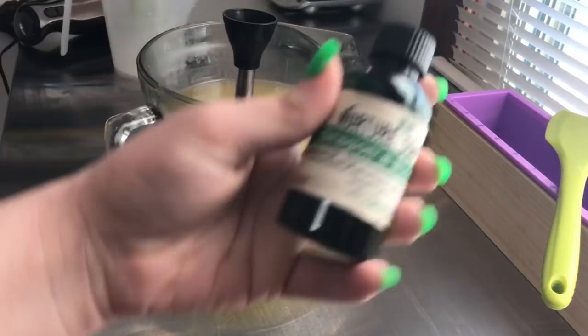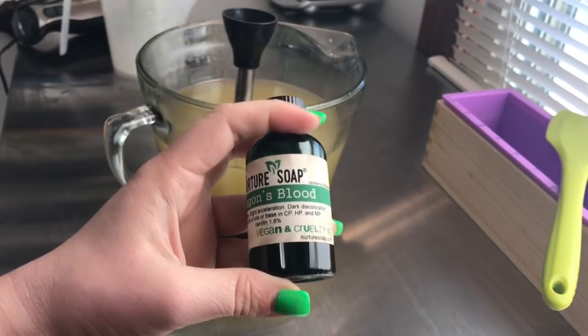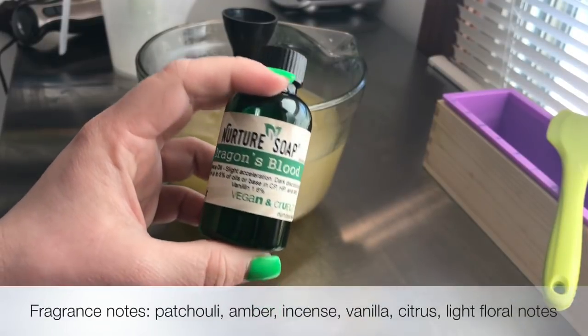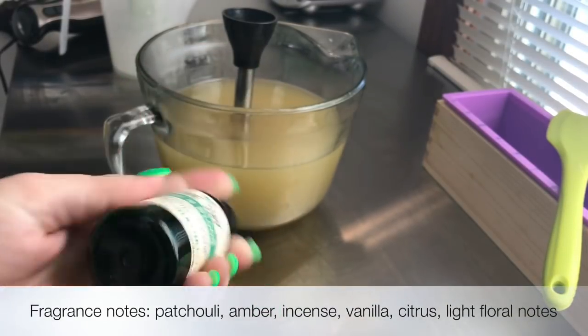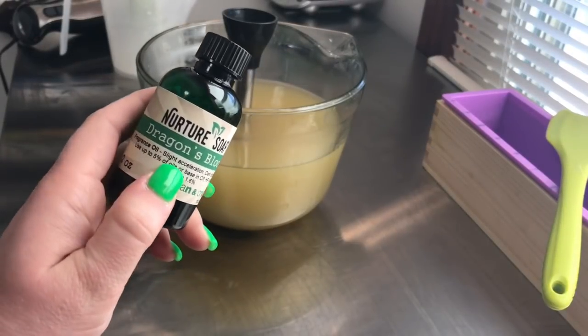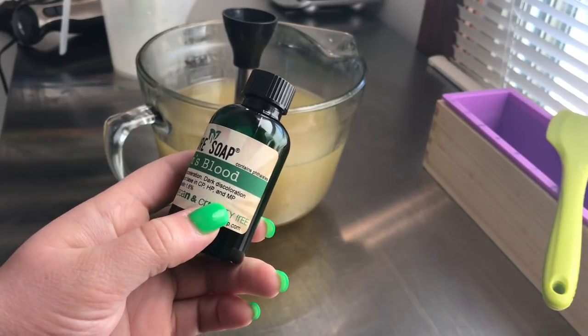This is the fragrance that I'm going to be using. It's dragon's blood from Nurture Soap. I'll put the fragrance notes on the screen somewhere around this time. And if you'll notice, it does say that there is slight acceleration, we'll see about that, as well as dark